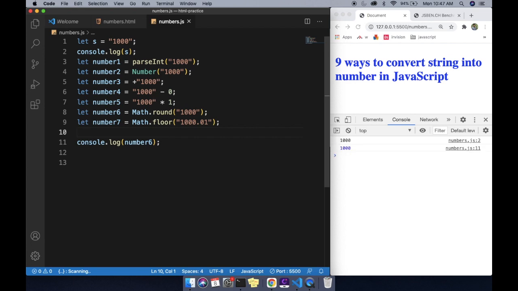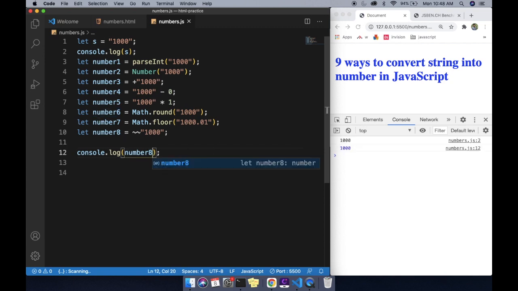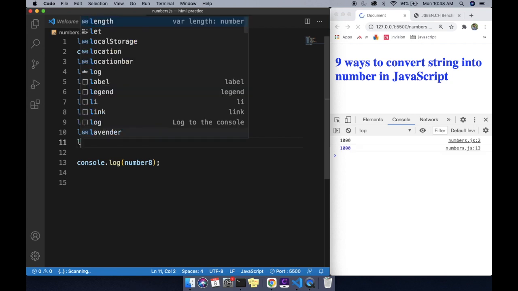This is one most of them don't know about. This is the double NOT bitwise operator. You can see here, let number 8 equal to, the double NOT bitwise operator. This is a bitwise operator, and double means you are using it twice, and directly you can declare the string here. Now let me declare in the console like number 8. Now it will convert that into a number here. This is also one of the better ways to convert a string into a number. But not only the performance, you need to consider the readability of the code also. So this is one way. And another way to convert a string into a number, the last way.